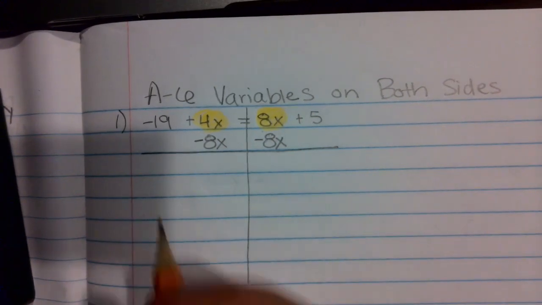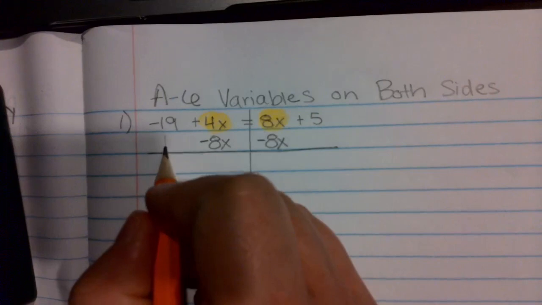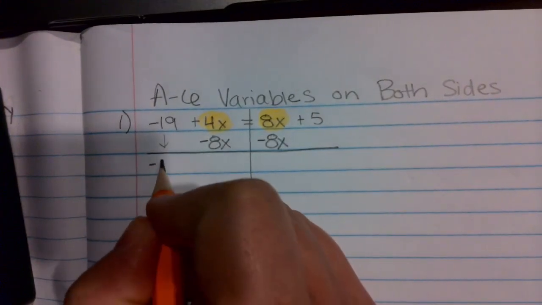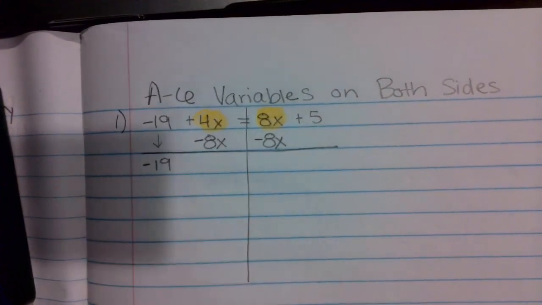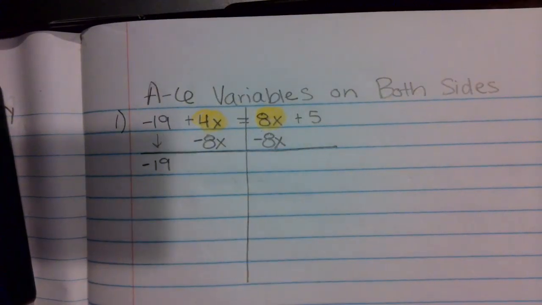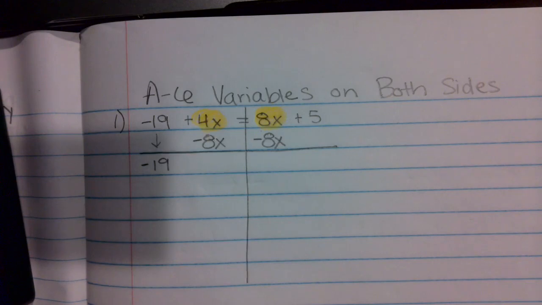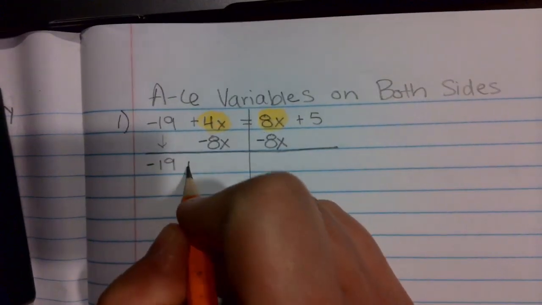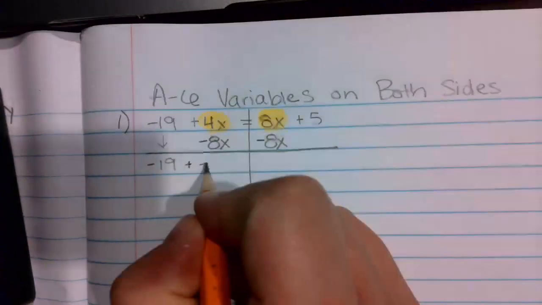So that negative 19 is still here. Now when I do 4 minus 8, that's like 8 minus 4 is 4, but I have more negatives. So I'll go negative 4x